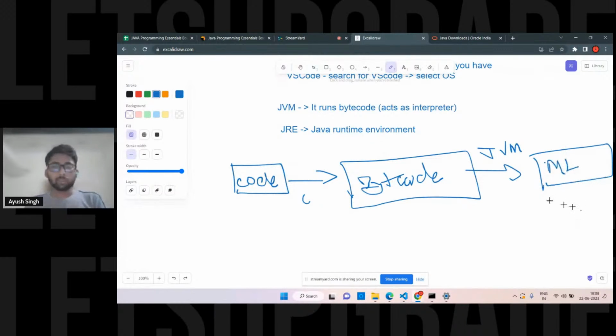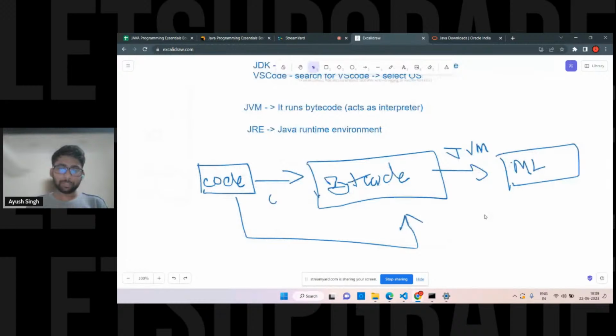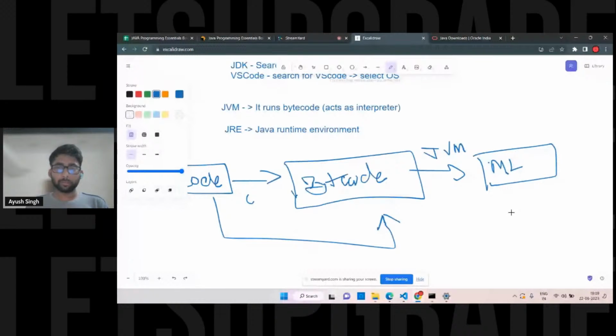So the simple code is converted into bytecode, and then into machine language. JVM handles the bytecode, for interpreting or compiling it.